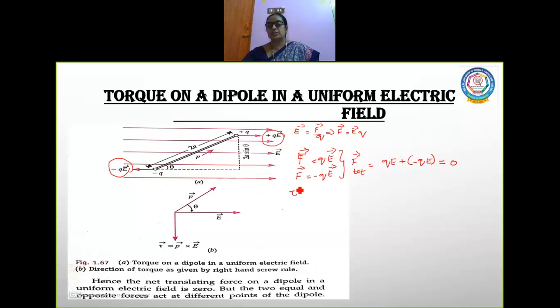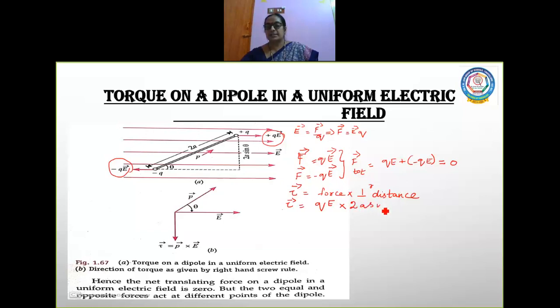Hope you remember the formula, children. Torque, this is how it is represented. Torque is turning effect of a body. And what is the formula for torque? Torque is force into perpendicular distance. So definitely the dipole will experience a torque. Now I'm going to substitute the formula values. So force is substituted as q into E. Now what is this perpendicular distance?